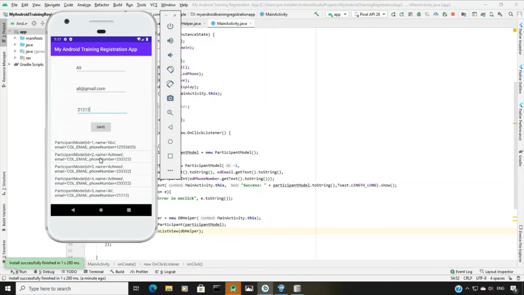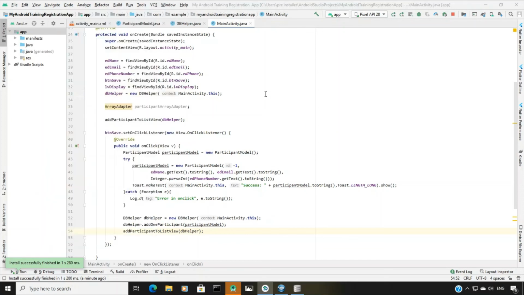So the next thing that we want to do is to delete from the database. So when we click here, we want to delete, and then we can save it again, and delete. All right. How to do that? So